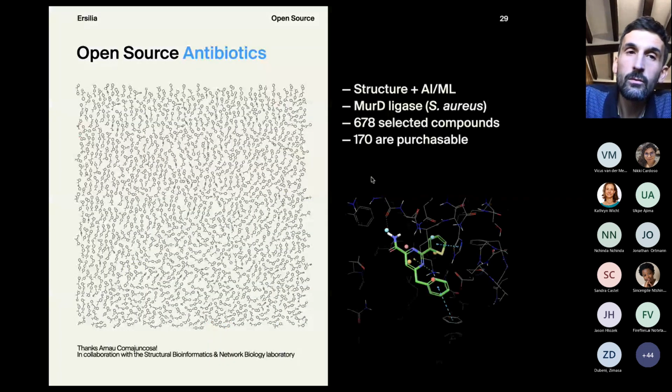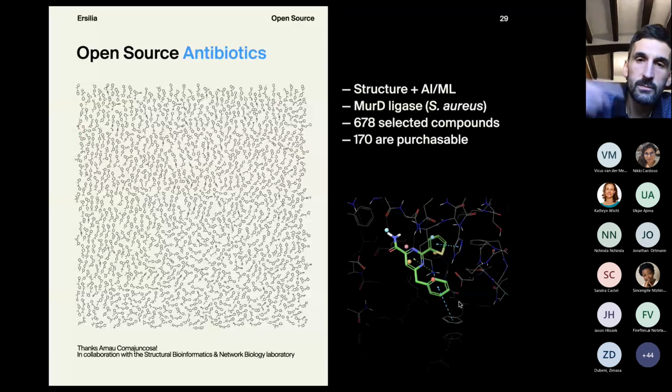The same thing we can do with other exercises, with a similar amount of effort. In this case, in the context of the Open Source Antibiotics Consortium, we tried something slightly different. We were not optimizing for whole-cell activity, but for accommodation in a particular binding site that was desired in a particular enzyme of Staphylococcus aureus. So in that case, our score for optimizing those molecules was a docking score.